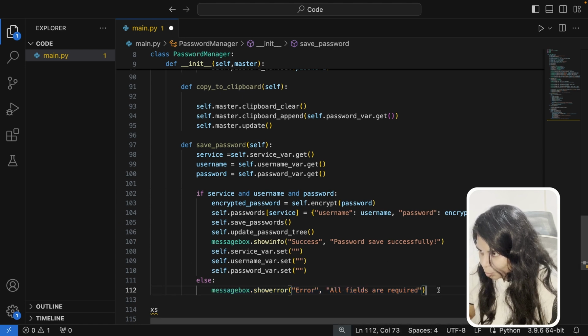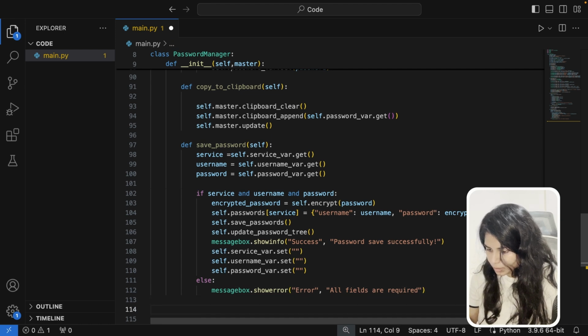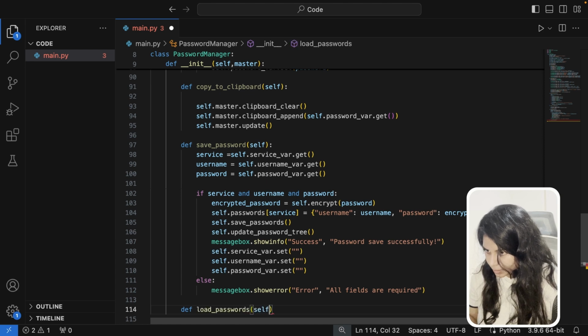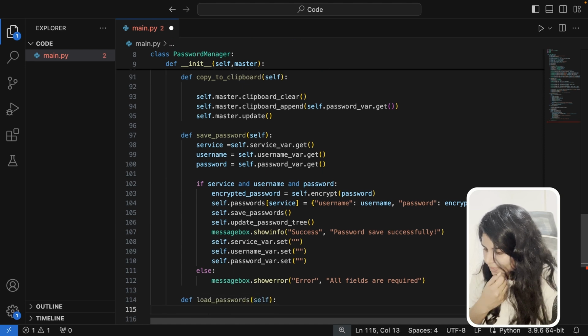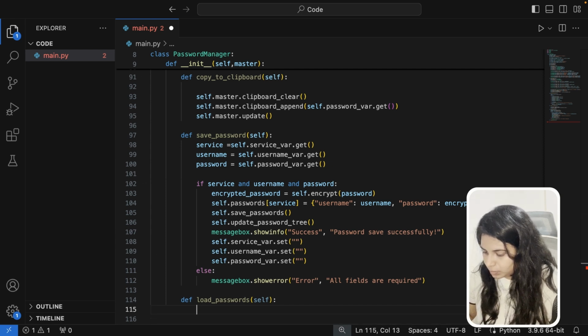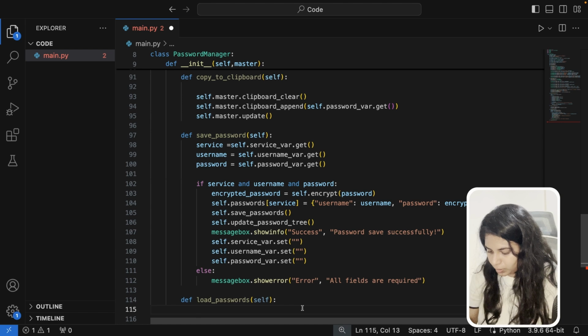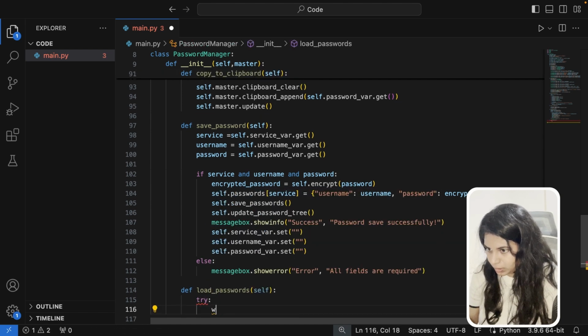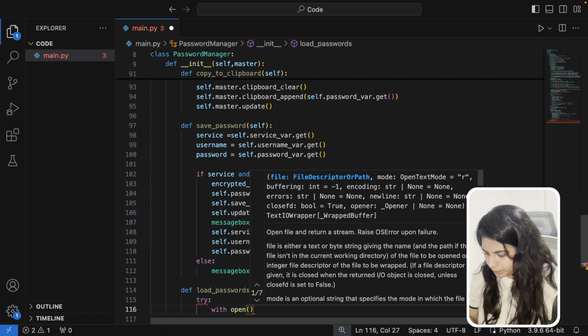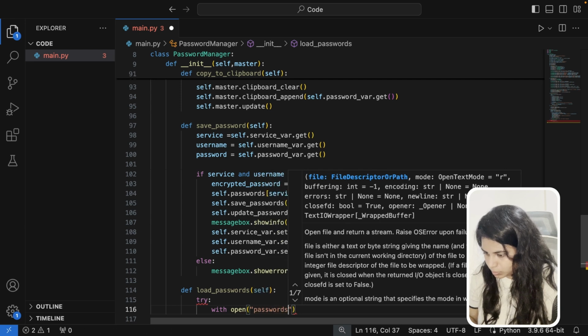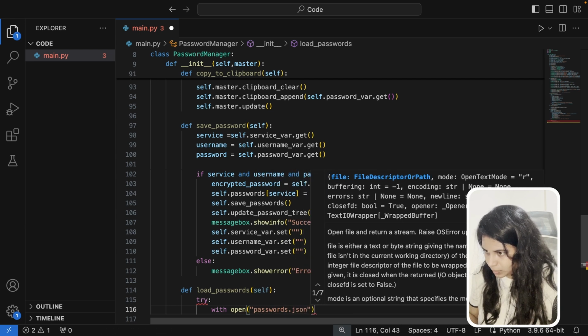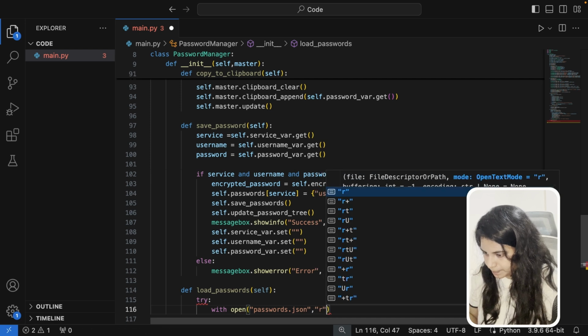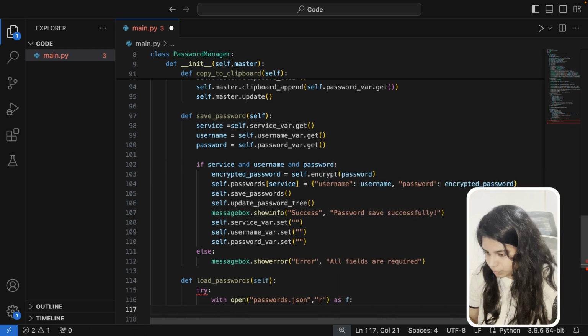Next method is to load the password from the JSON file. This is done using the load_passwords self method. This method loads the saved passwords. In here we try to open the JSON file with open passwords.json in read mode as f, if self.passwords